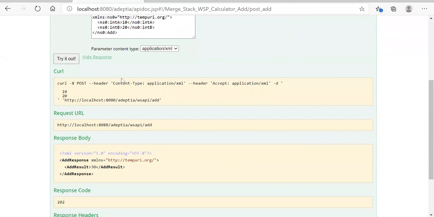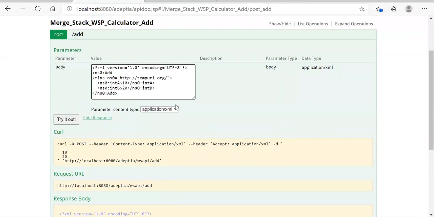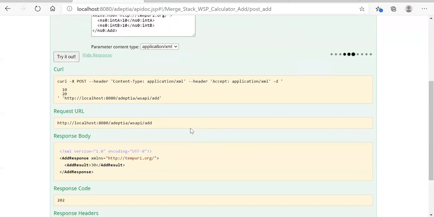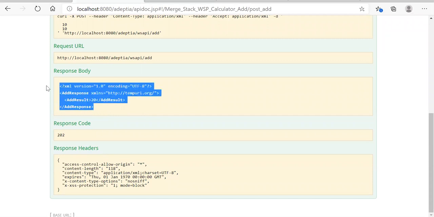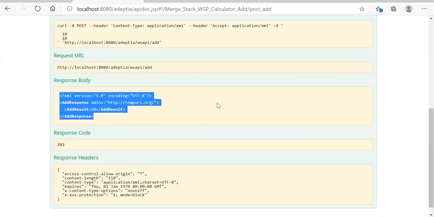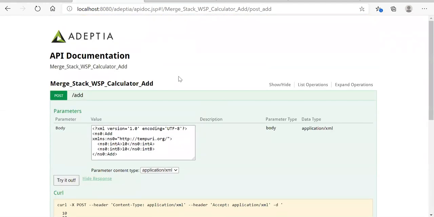You can see the result, right? Let me change the value and see. You can see the result here: add response. So this is how we can access a REST API and a SOAP-based web service.